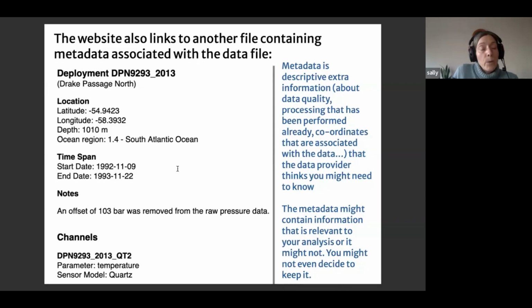So here, for example, we can see that we've got information about the location, about the time period, and then they're telling us that they've already applied a correction to the data. So we can see that they've removed 103 bars worth of pressure from the raw pressure data. So presumably they decided that the instrument had some kind of bias relative to what they considered to be the truth. So if we're combining lots of different instruments, that might be something that's useful for us to know about